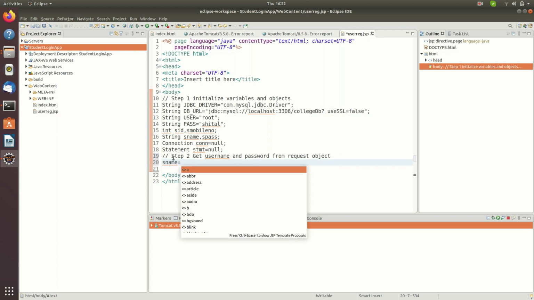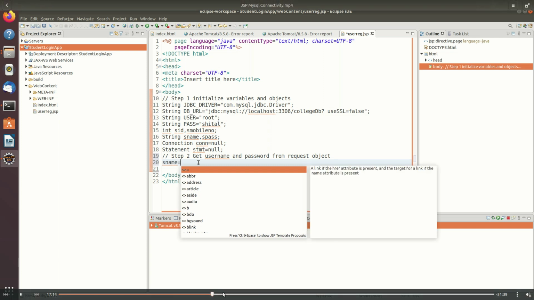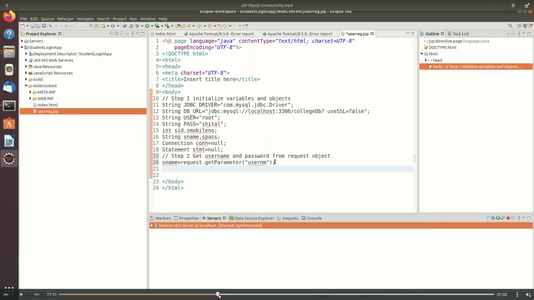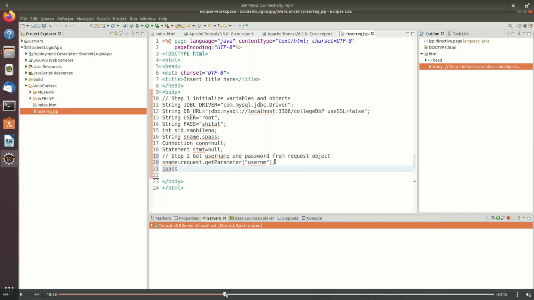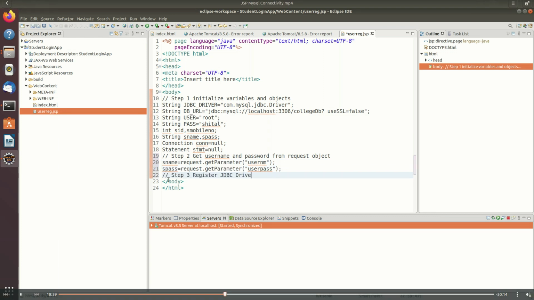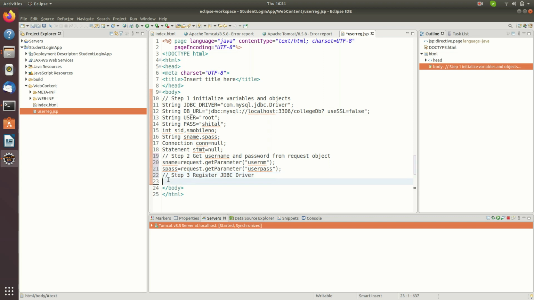So sname is a variable that will store the request.getParameter, and the first parameter, that is the username. The second parameter is request.getParameter user pass, that would be stored in the spass variable.